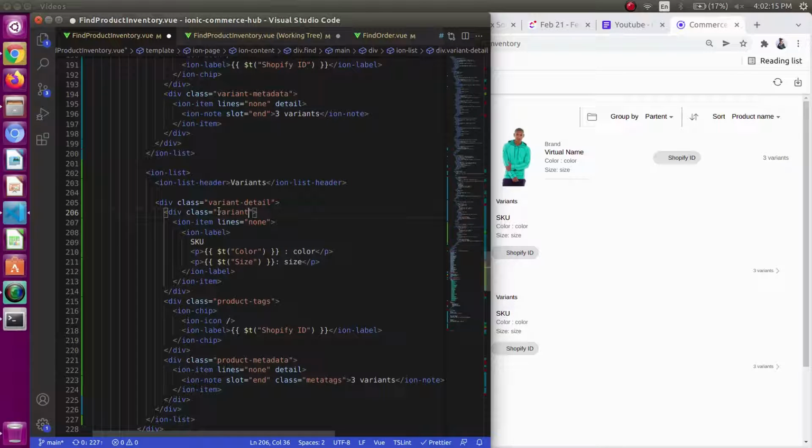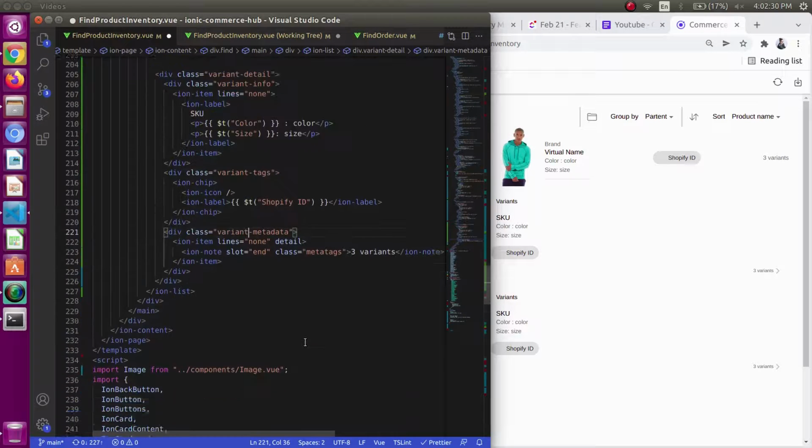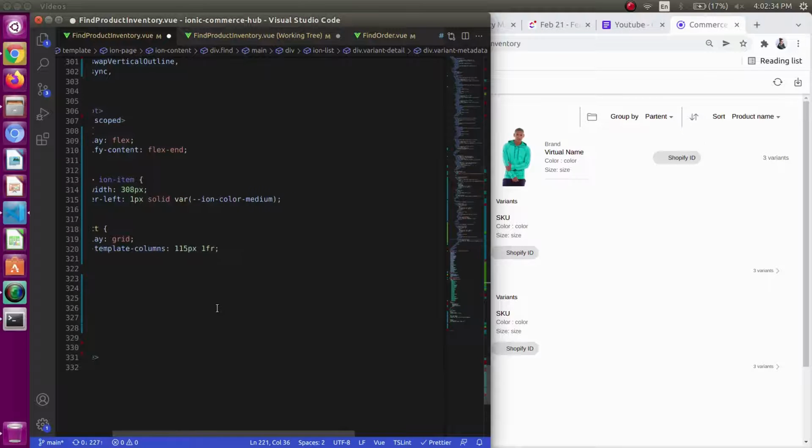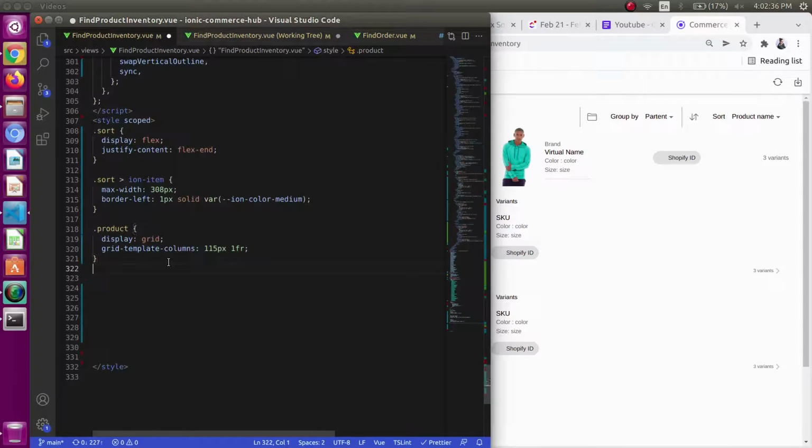You must be wondering that we have similar classes in the section header part, and why we are not using those over here. The reason is that the section header portion styling is created so that we can use it in different pages, but this variants portion is not used in different pages.